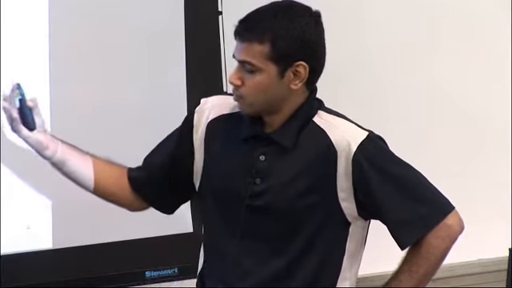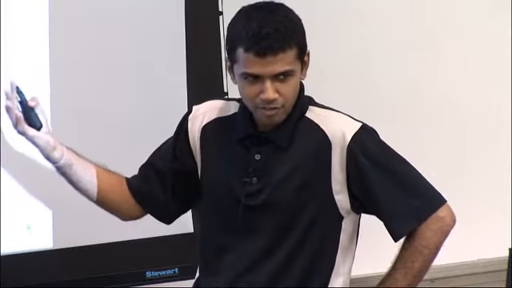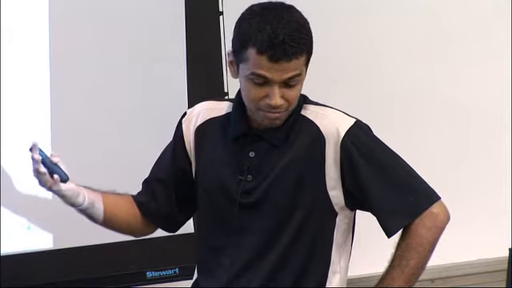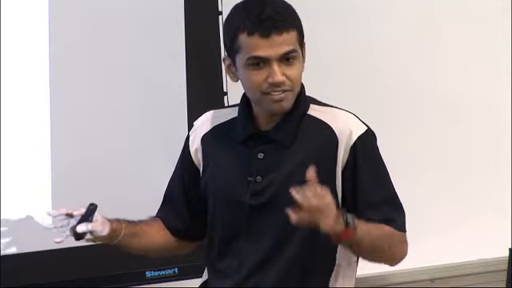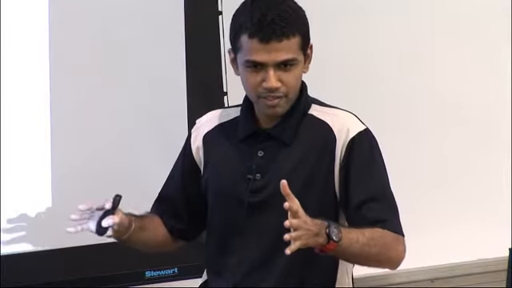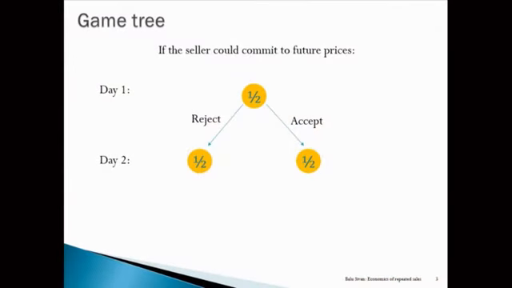So clearly, what is the buyer afraid of? The buyer is afraid of the fact that the seller will exploit the knowledge of his value. Suppose the seller can pacify the buyer by saying that I'm not going to exploit you. The seller can commit that in all the future days this is the price, and he reveals it on the first day. If he has the power to commit, then one thing that the seller could do is the following. On the first day he puts a price of a half, and he commits on the first day itself that regardless of whether you accept or reject, I'm going to put a price of a half on the second day also. Then it's clear that the revenue for 2 days is just 2 times the revenue for 1 day. It's a half. By the same token, the revenue for n days is just n over 4.